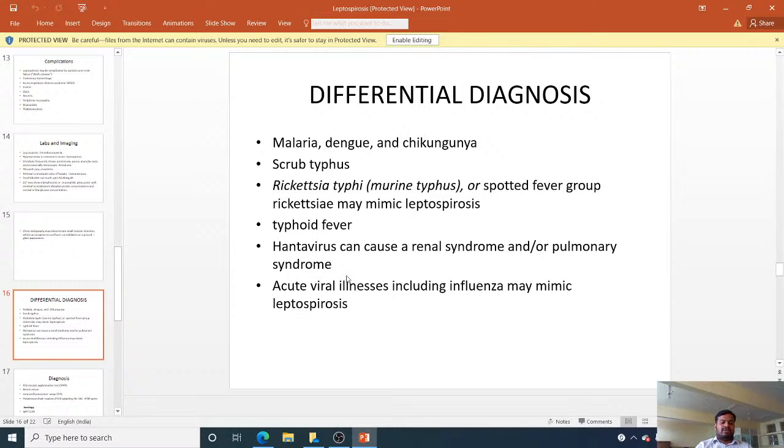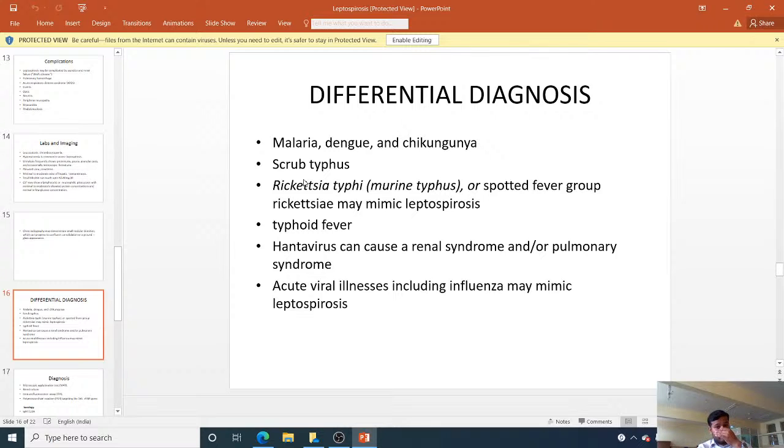Differential diagnosis. Okay, so this is very important. Differential diagnosis is the tricky part in this disease, because leptospirosis involves many organs, so many diseases show this kind of presentation. You should always keep in mind how to rule out all these diseases and how to reach our diagnosis. So malaria, dengue, and chikungunya fever, these infections where the liver is affected, and you can see